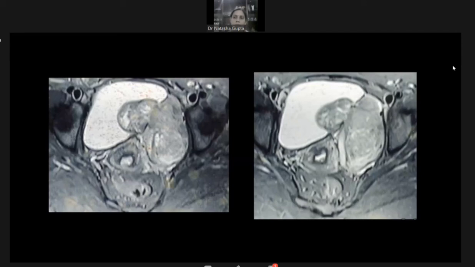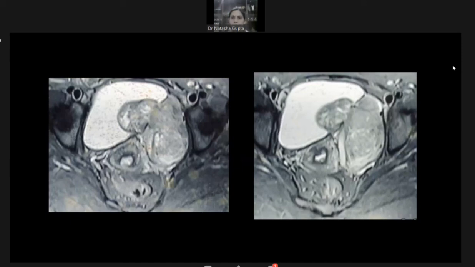So any specific T2 finding with a neurofibroma that actually clinches the diagnosis if present? We actually look for the finding on T2 MR: the target sign on neurofibromas. So what's the target sign? How does it look like? We have a central hypointense part and a peripheral hyperintense area, which represents the myxoid part of the neurofibroma, whereas the central part would be hypointense. Right. So that target sign is very specific for neurofibroma, which we are not seeing here in this case. But nevertheless, we cannot rule out a neurogenic mass as well.